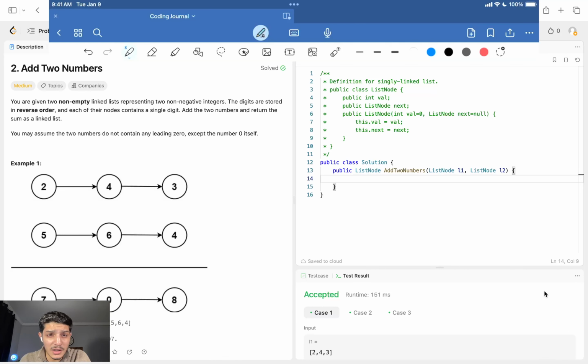And so you're given two non-empty linked lists representing two non-negative integers. The digits are stored in reverse order and each of their nodes contains a single digit. Add the two numbers and return the sum as a linked list. You may assume the two numbers do not contain any leading zeros except the number zero itself, right? So for example,